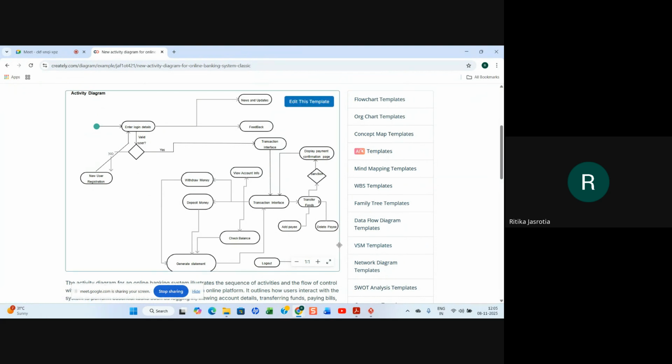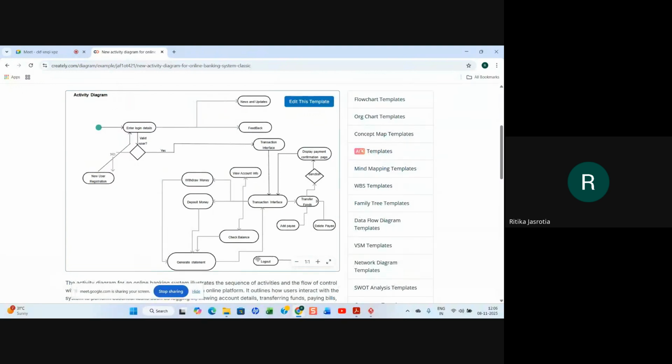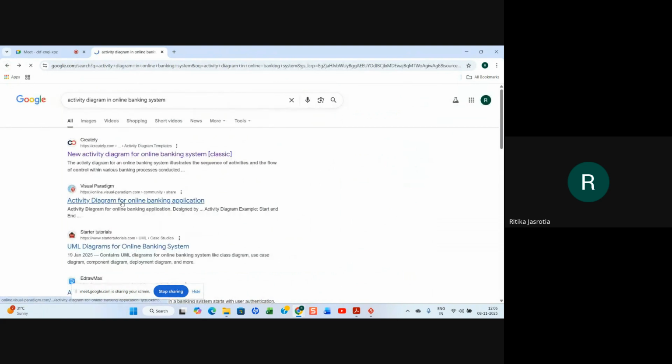In transferring fund, if the beneficiary is already added, it will ask for the fund to be transferred, and after completion, your transaction will go to completion. But if the beneficiary is not added, you have to add the beneficiary, and after that you can transfer, right? Accordingly you have to show it, and after that your transaction is complete and you can log out and stop. So they have shown it in a different way. They are showing withdraw and deposit also, but that is not possible in an activity diagram.